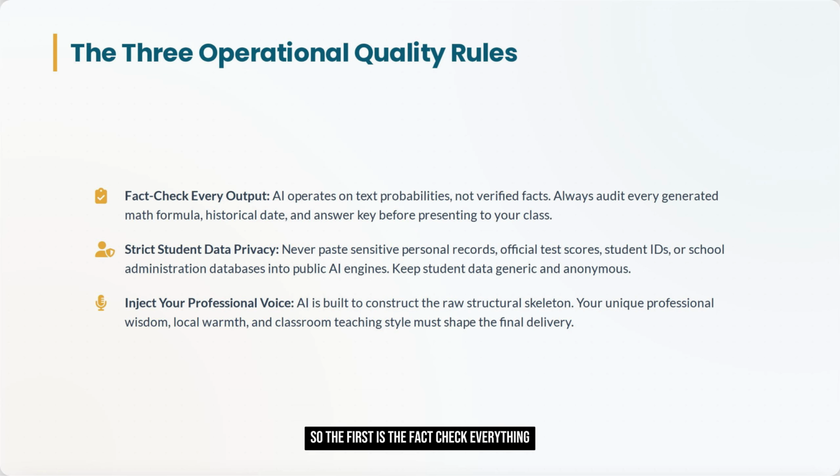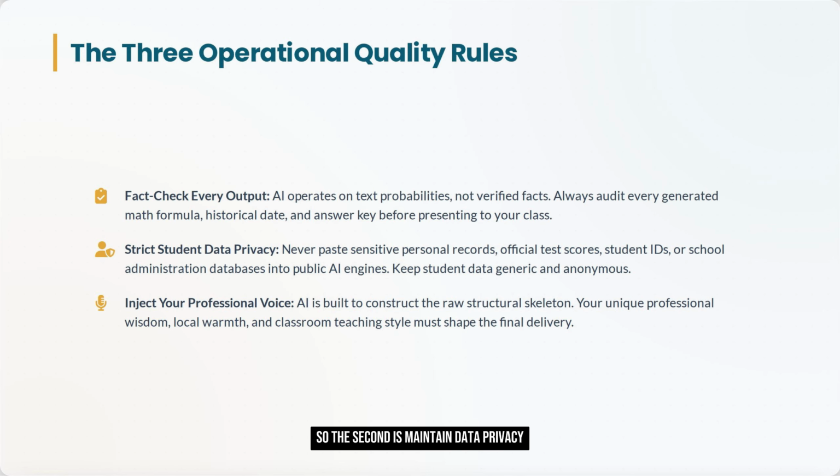The first is to fact check everything. The second is human oversight. The third is to protect data privacy. So when we go into detail on the first one, fact check every output. AI models can occasionally generate false information, details or formulas, which are known as hallucinations. Never print an exam paper or read a lesson plan aloud to your class without verifying every single fact, formula and answer